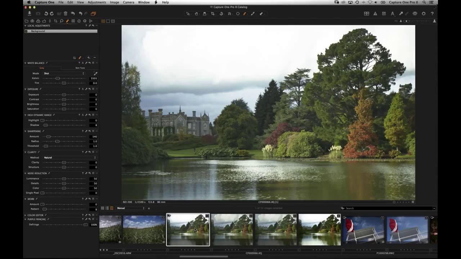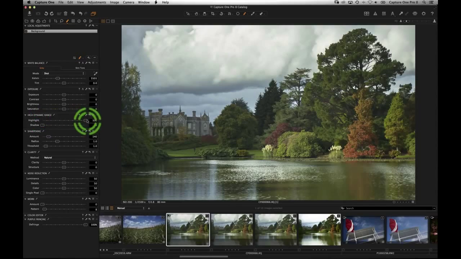Now, if you know in Capture One 8 compared to Capture One 7, we've improved the HDR tool so it's much more useful. This particular image was quite difficult to adjust in version 7 because even if I moved the highlight slider across all the way to the right hand side, I would actually only get about that much recovery in version 7, and I can get this much recovery in version 8,